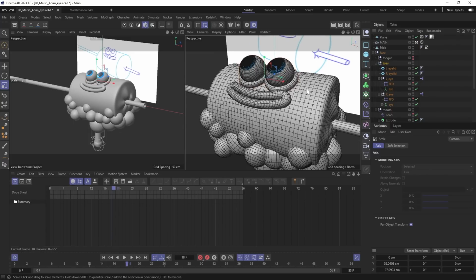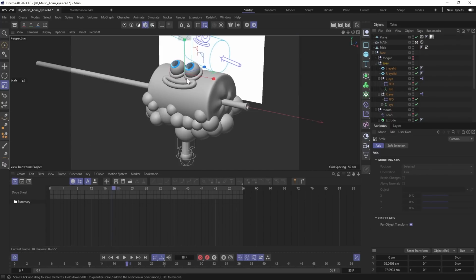I'm not going to rely heavily on the reference. I will try to match it with the mouth animation. Disable point level animation and enable everything else. We're gonna animate scale, make sure you use object mode. At first, I'll set a keyframe right before the mouth starts to change. In my case, this frame is 19.